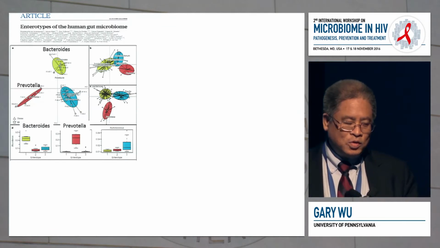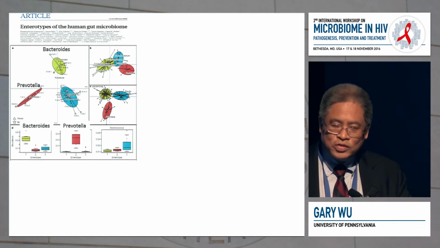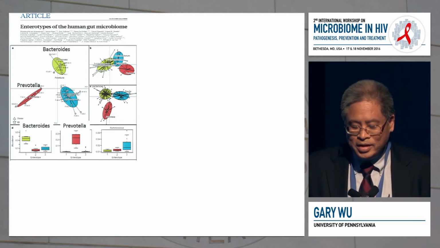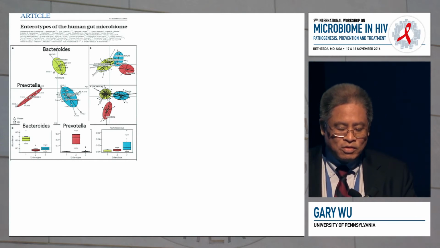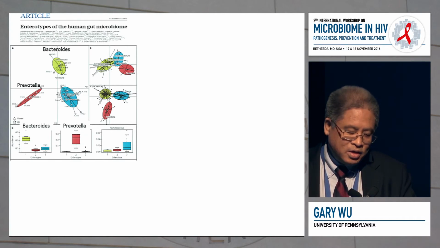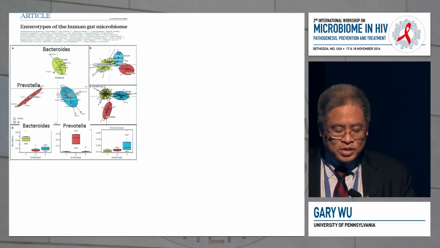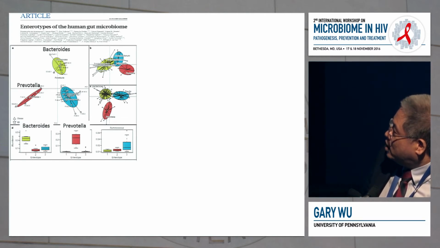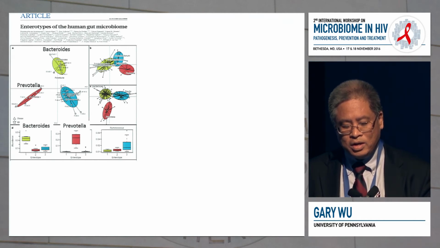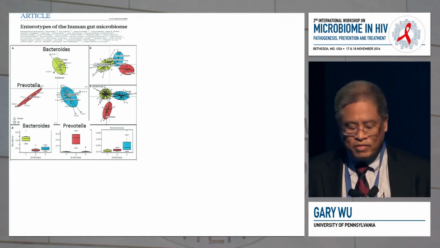But let me show you a little bit of controversy, but there is some, I think, an important point when we talk about this. One issue is that how you look at the microbiome is very sensitive to the way you analyze the data. So this is the notion of enterotypes that was put forth by the European MetaHit group. And the idea was that individuals could be classified based on the composition of the microbiota, and they claimed that there were three major drivers of this associations, with Ruminococcus predominant, Bacteroides predominant, and Prevotella predominant.